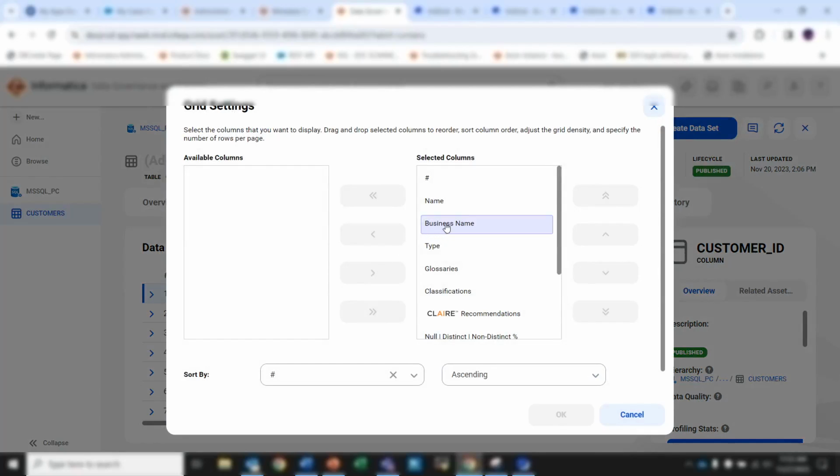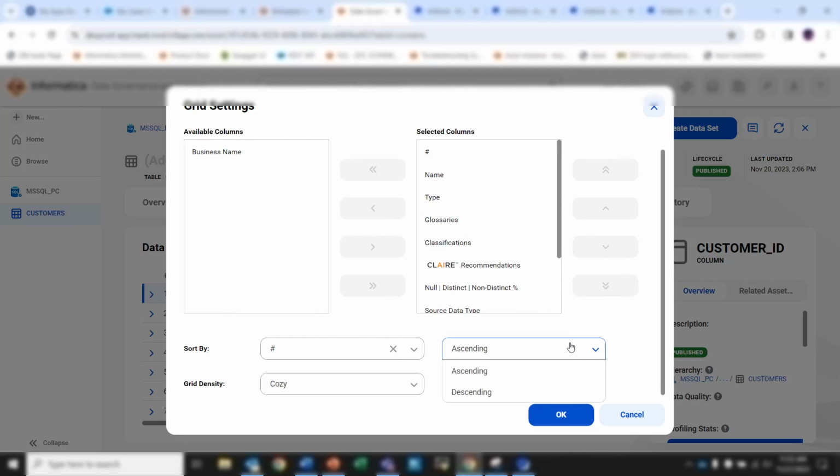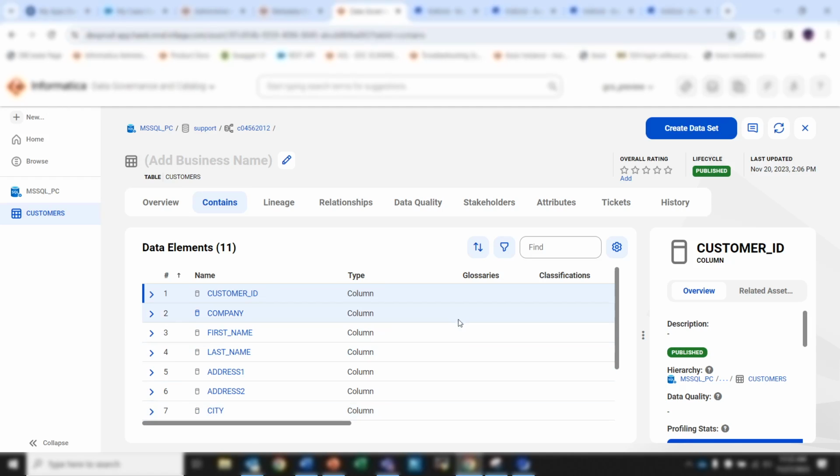We can choose which columns should be visible and which should not by moving these columns. We can sort the data ascendingly or descendingly, and we can also choose the grid density. You can click on OK for the changes to be applied to the grid,